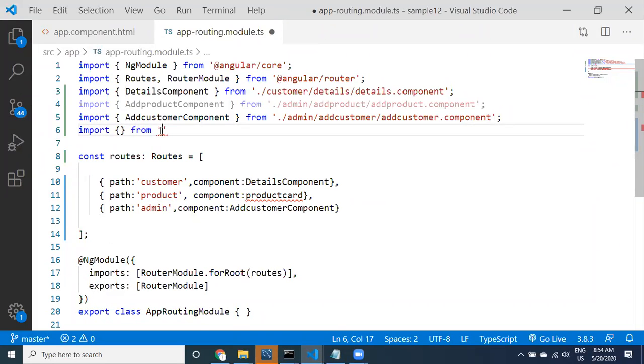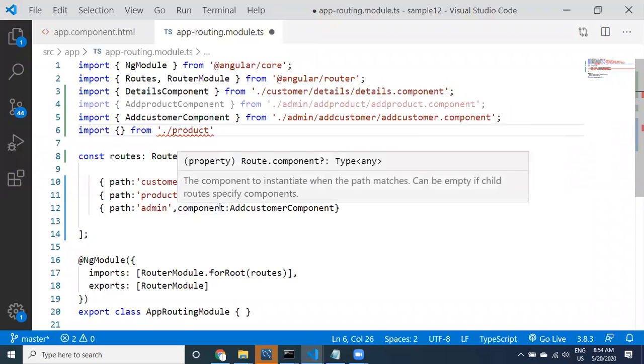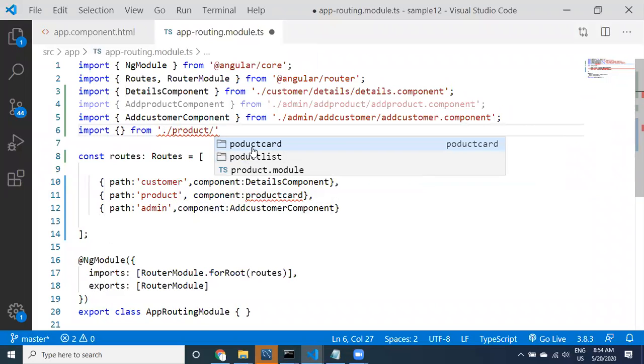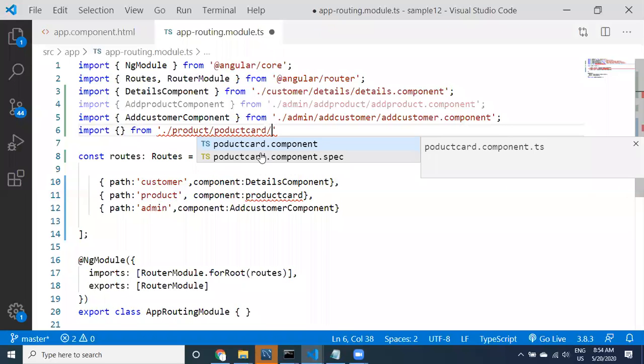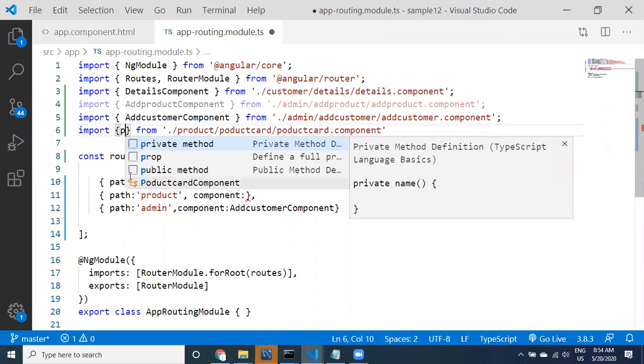We are in the app module, right? This file is in the app folder. From the app folder, the current folder, we go to product, inside the product we go to product card, and inside that we have the product component class. Here you can provide something like product.